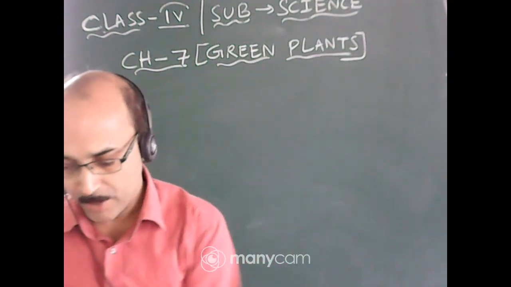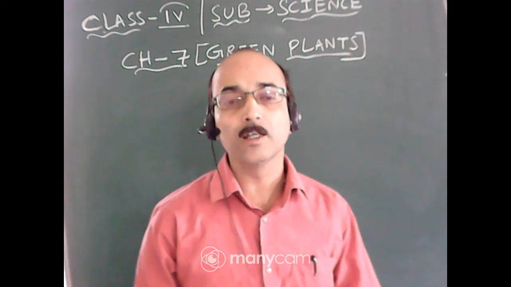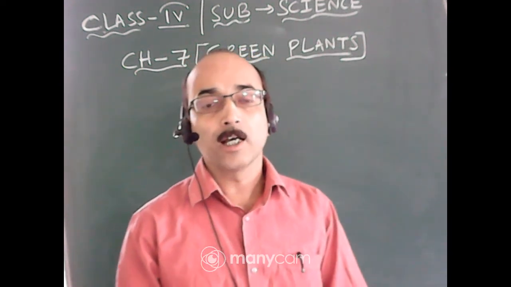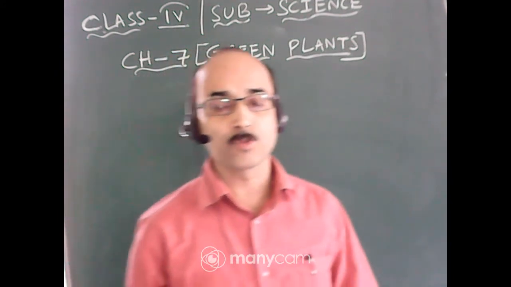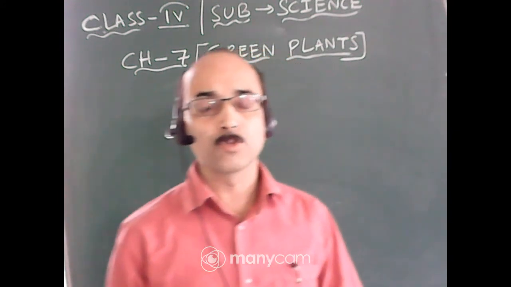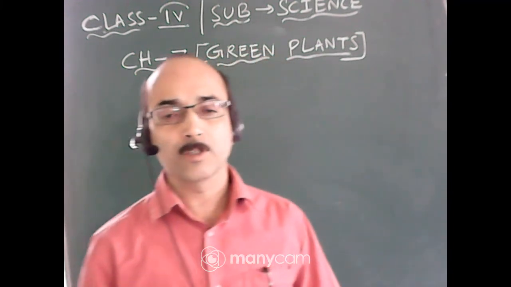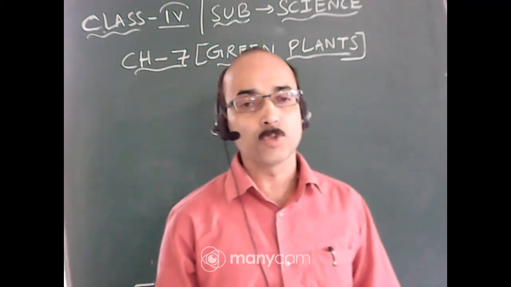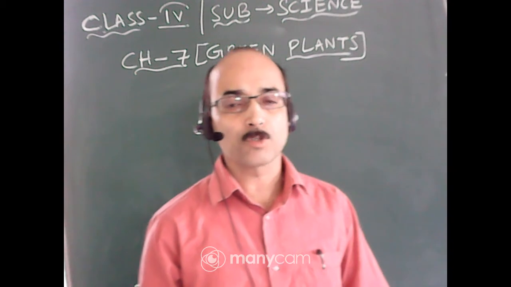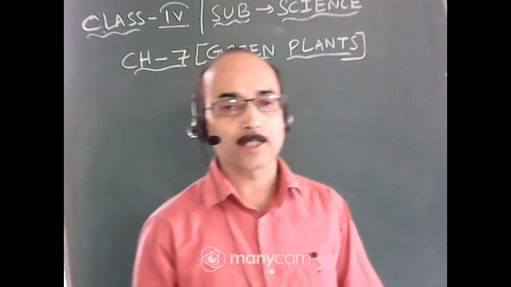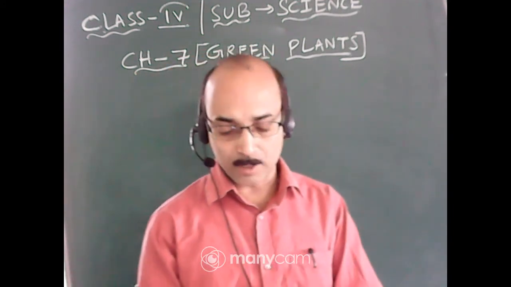In our previous class we have seen some of the activities. I have told you one of the activities, to test for starch, which you can perform at home. This is very easy: you take a potato slice and give 2-3 drops of iodine solution to it. Then you will see that the color of the cut part of the potato changes to bluish black. That shows that there is presence of starch. Then we have discussed some other activities also.